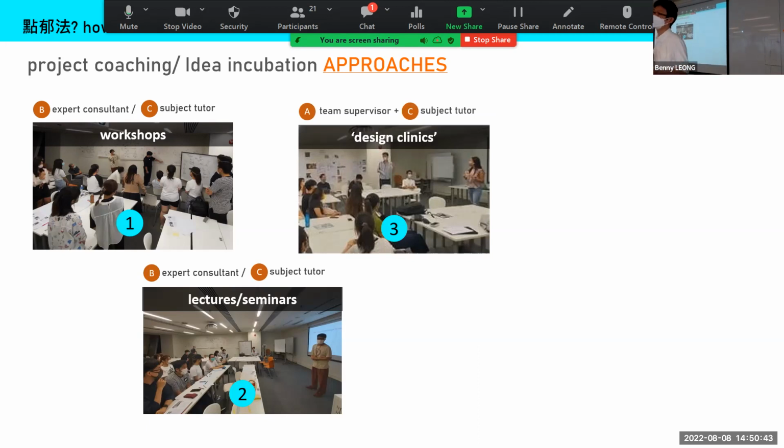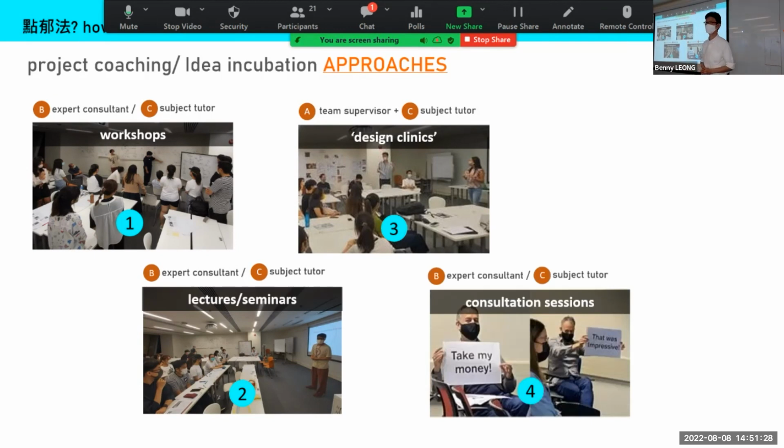Design clinic. This arrangement was also done last year. It was really welcomed by the students, so we are going to do it again because it is a casual way to work with the team. The teaching tutors, not only your team supervisor or the subject tutor, but all the people will be there and interact and listen to your issues and problems. Of course, you need to present something for them, and then they can interact and give you some feedback and advice. So this is a way to make it more holistic to address your problem rather than a very specific issue.